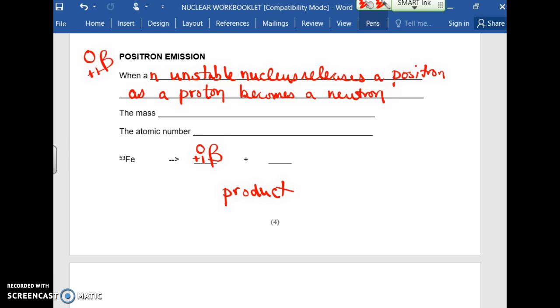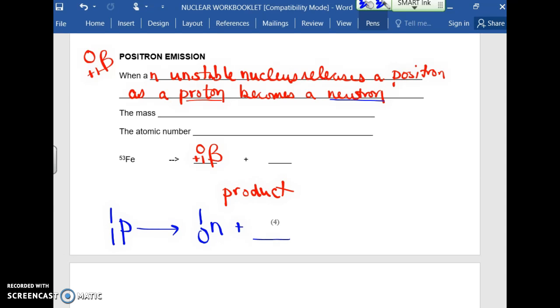In the case of positron emission, it's a proton that's turning into a neutron. Actually, let me start with that first. If I had a proton in the nucleus, and that, as I claim, turns into a neutron,